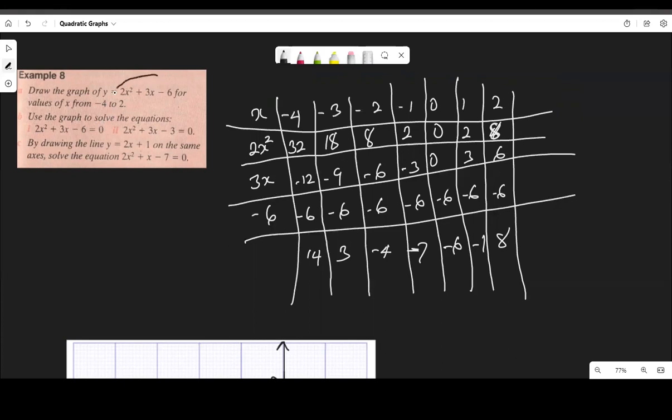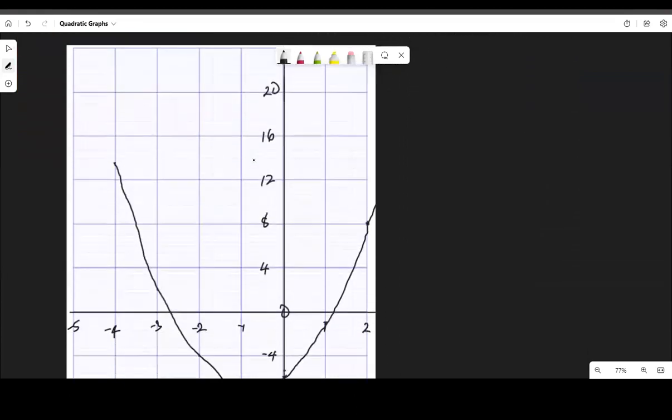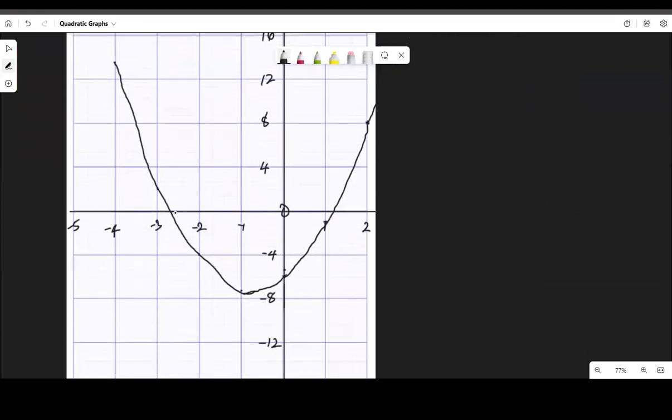Remember, the curve we plot is for that curve. So how do we use it to solve the equation equal to 0? That is, when y is equal to 0. To get that, we'll trace where the curve meets the x-axis. That will be the solution to that equation. This point and this point. So x equal to,